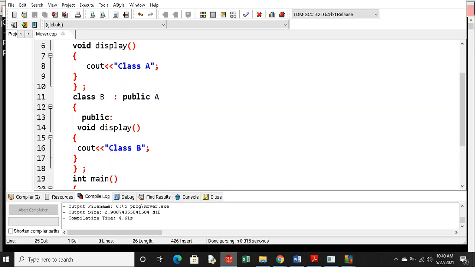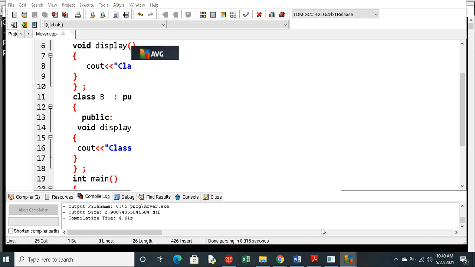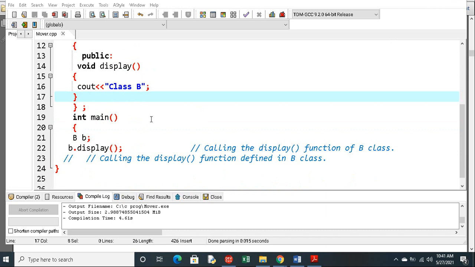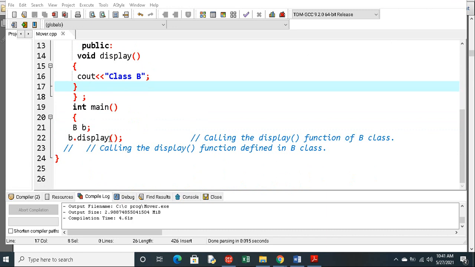So as per the output, we can see class B. What we have to do here is make the changes. Here you are already calling the b.display function.